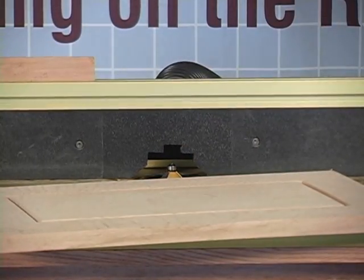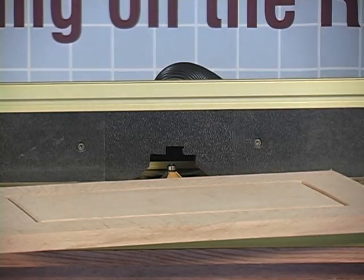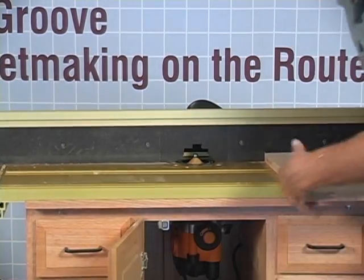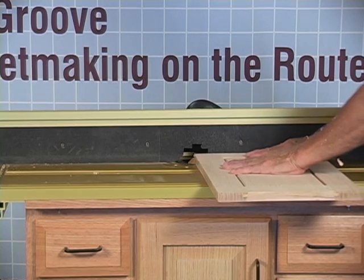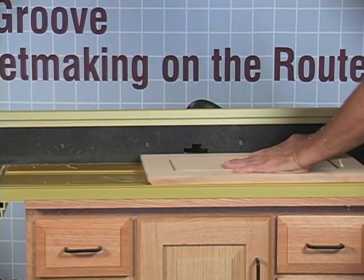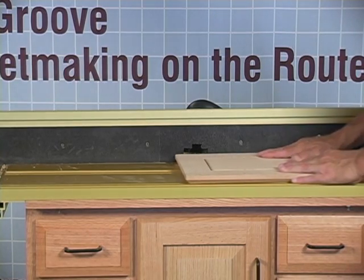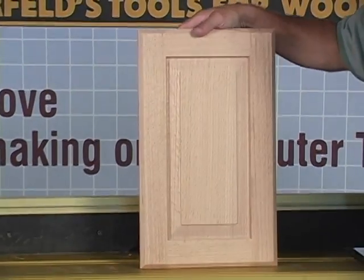Okay. Lock it down. The bearing goes onto my fence flush, and we're going to make the 4 cuts for our detailed edge on the outside. Since we have a smaller bit in there, we can turn the speed up a little bit. Right there, it gives you a little